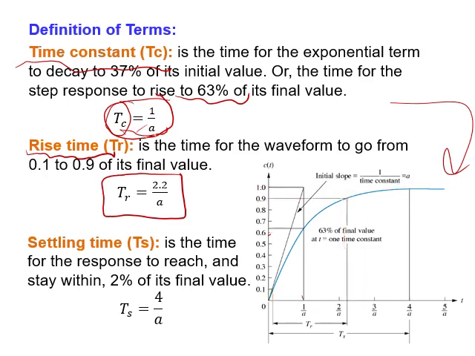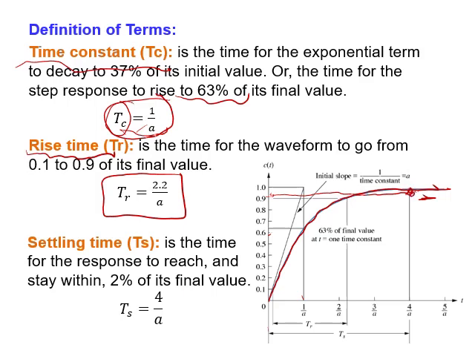TS is the settling time, which is the time needed for the response to oscillate within 2% of the final value. What does it mean? The final value is this. So this is 100%, and I will go to 98%. So this is 98%, somewhere here. The time taken from the beginning until I reach 98% of the response, we call